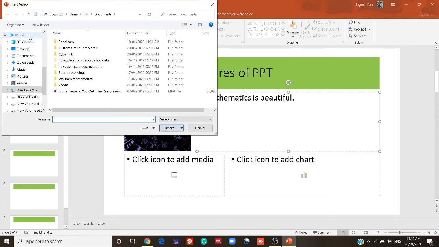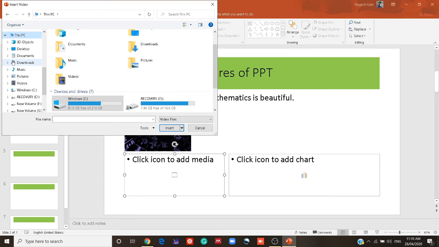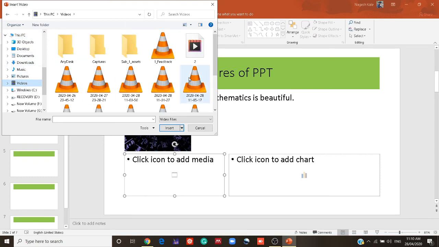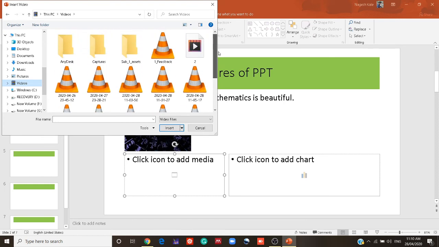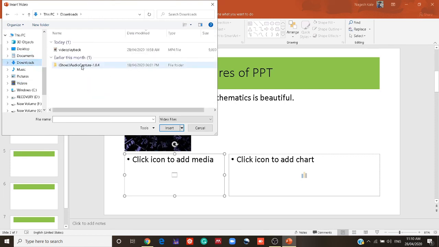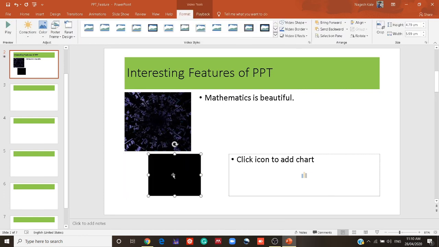I want to have some media with me, so I will go to some video files and I can find some videos here. Let me choose one of them, or I can go to the downloads and I can see this is one video. So let me insert that video here. So you'll find that the video has been inserted. If I click on the play button, then the video will play.